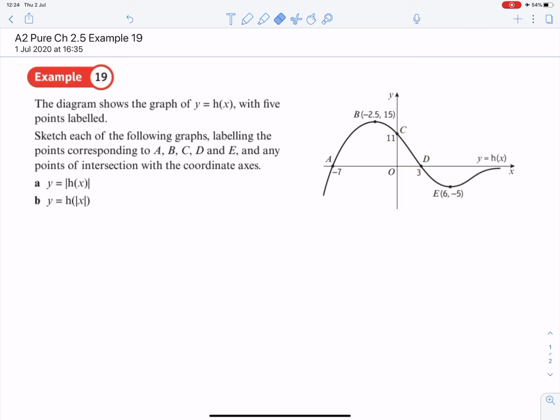Okay, the sketch shows... Sketch each of the following graphs, labelling the points according to A, B, C and D, and any points of intersection with the coordinate axes. Okay, so first of all we've got to do y is equal to the modulus of h of x, and hopefully we now realise that this means the outputs